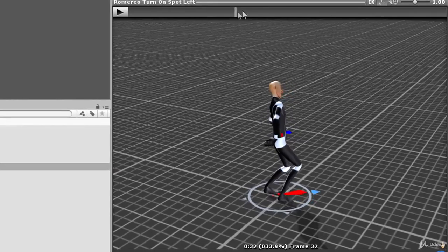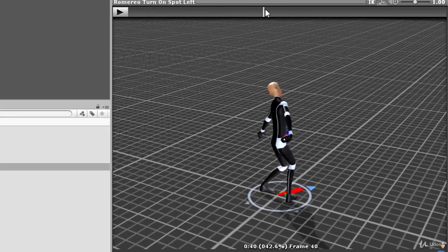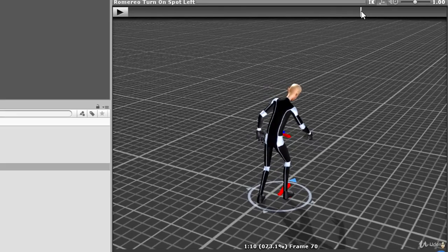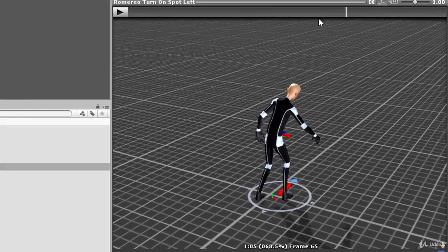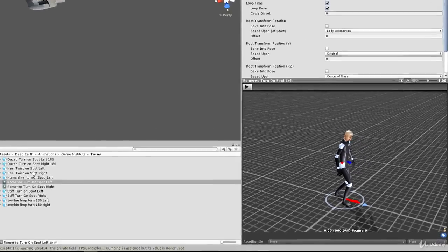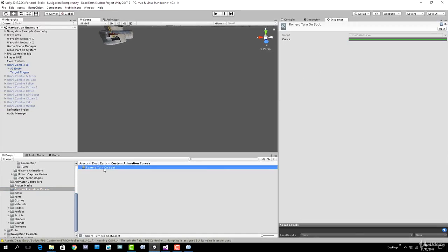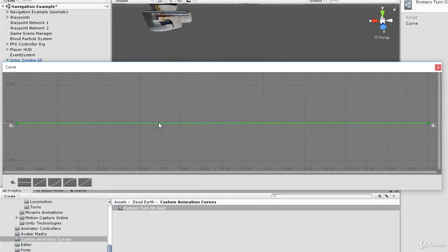So the first one should be at 0.4, and the second one should be at about 0.75. So 0.4, 0.75. I think I can remember that. 0.4, 0.75. So now I'm going to select my Romero turn on spot curve asset,